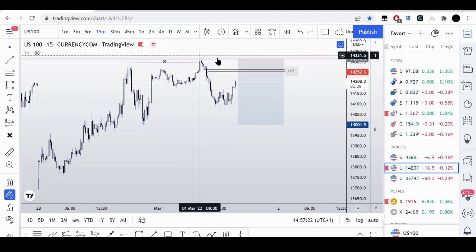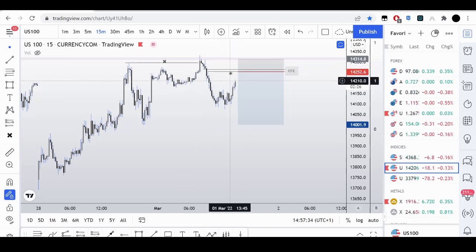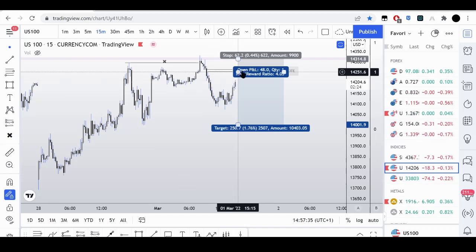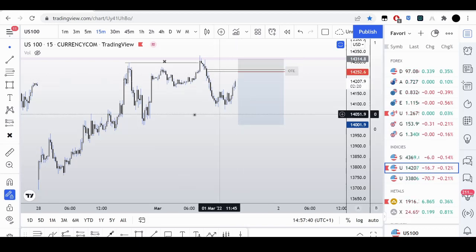My stops should be safe here. I mean, if you want to be super safe, you can put it above this high, but I feel like if it runs this high, it's going to take out this high, you know what I mean? This candle's high. So I expect us to run into this fair value gap and have a displacement lower, and we're going to get a nice little move. All right, see you guys in the next update.